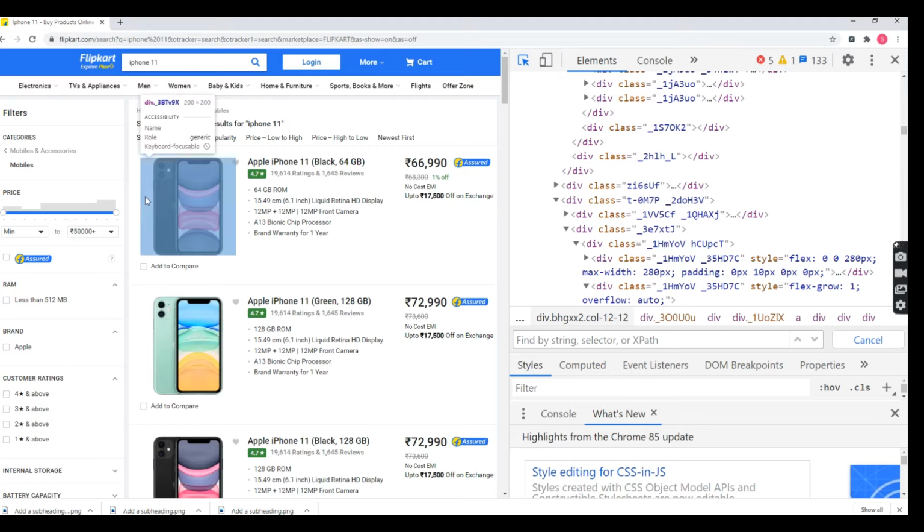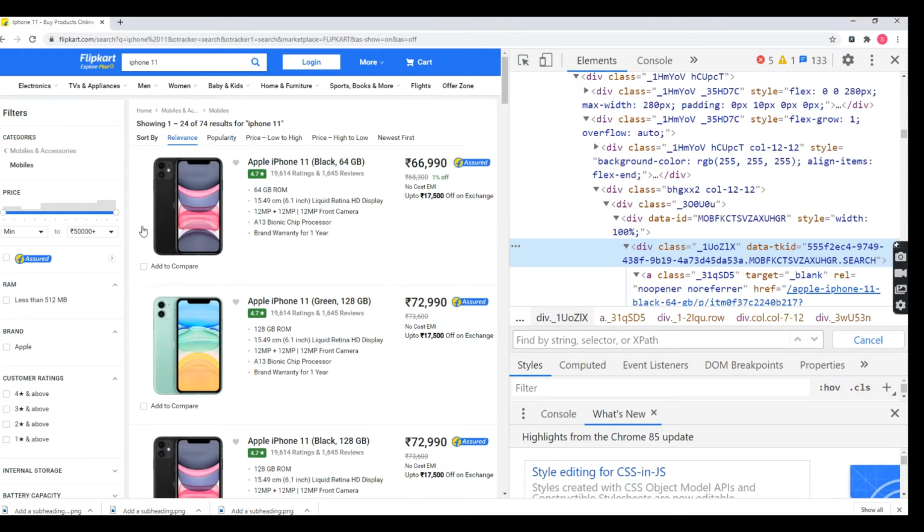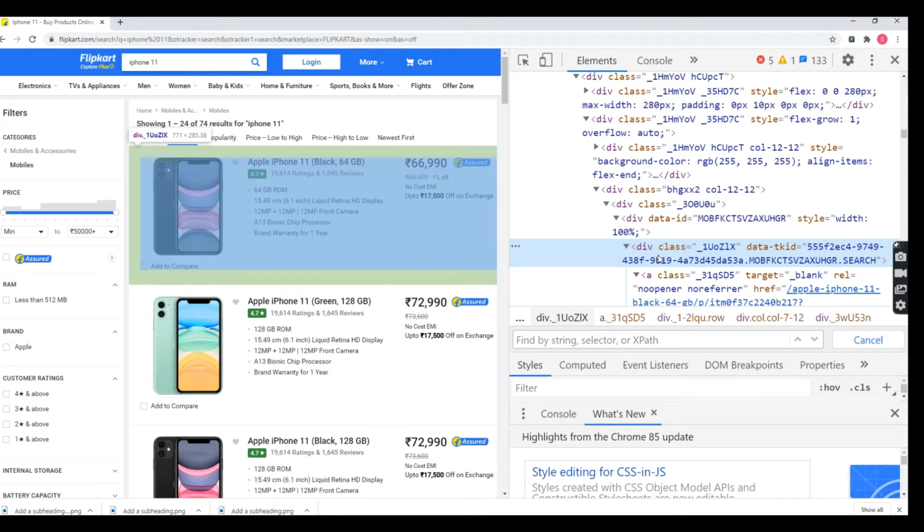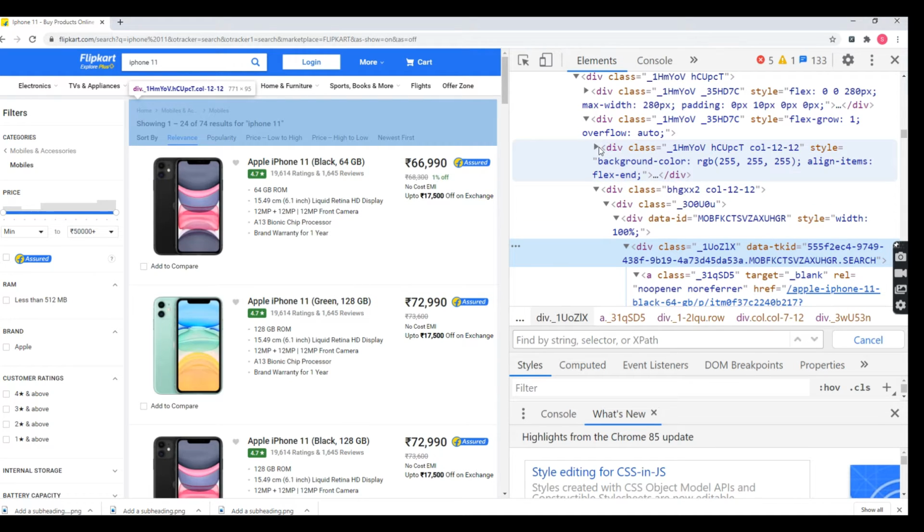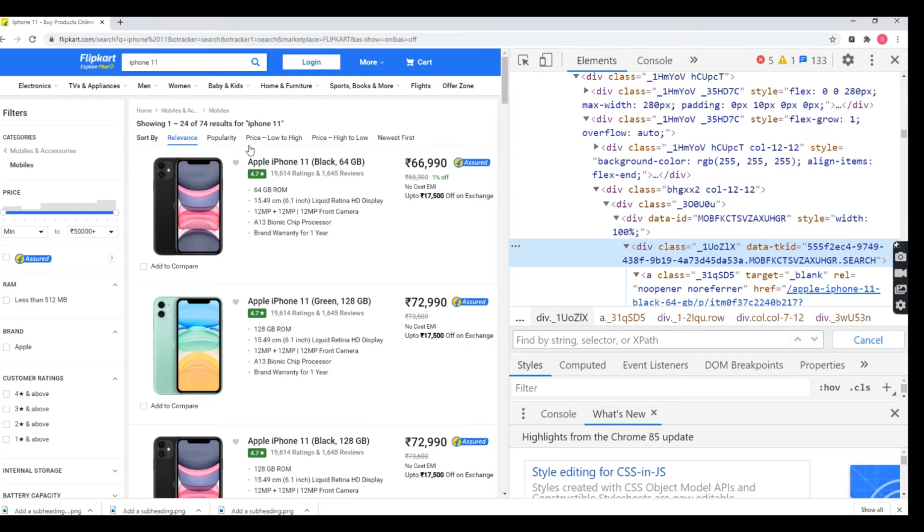First I'm going to select this div. This div is available here. Above this div I can see another div. Above this div again one div. Above this div again another div. This is the div that is highlighted in this bar. I don't want to print anything here.